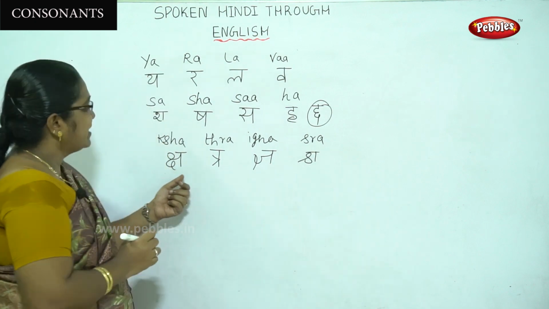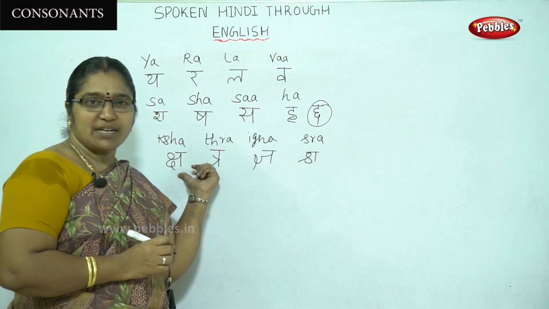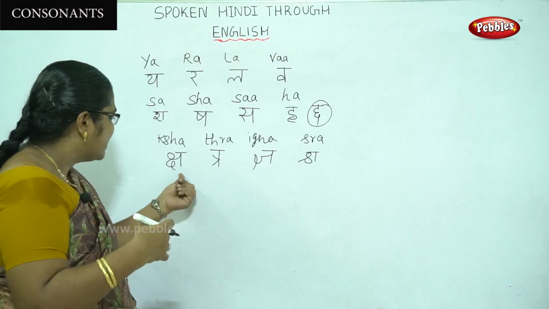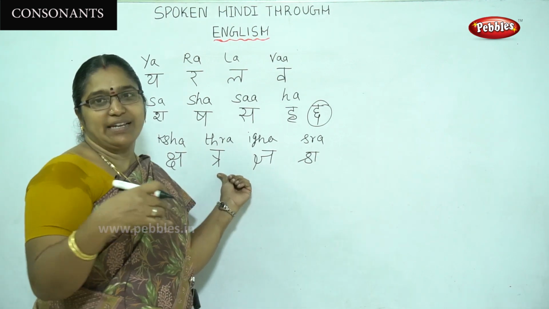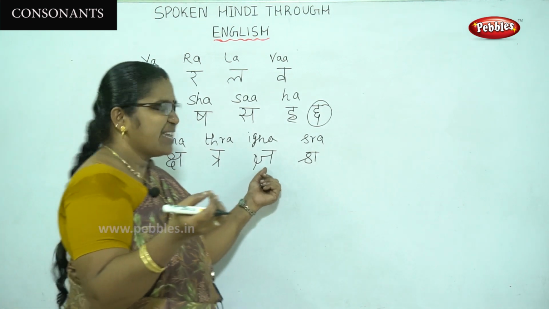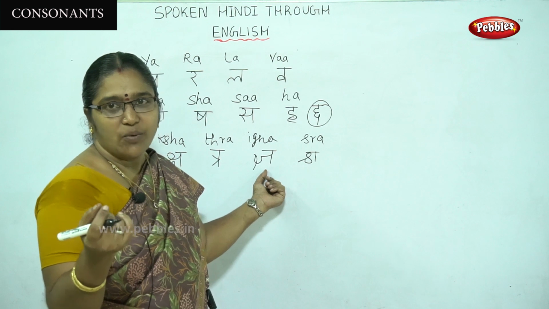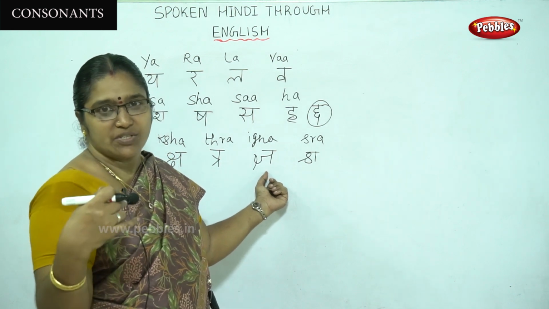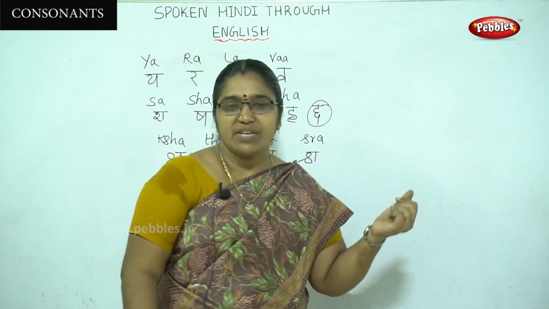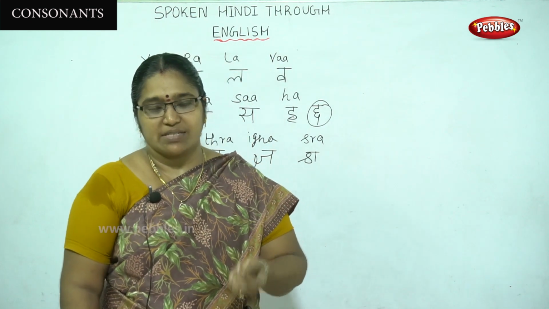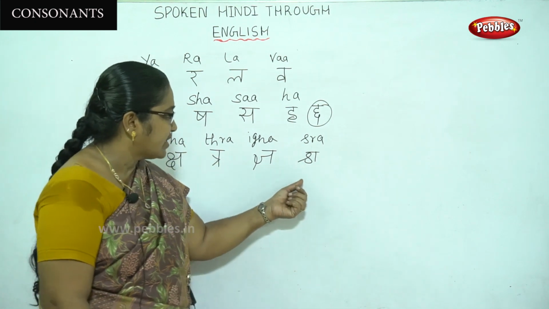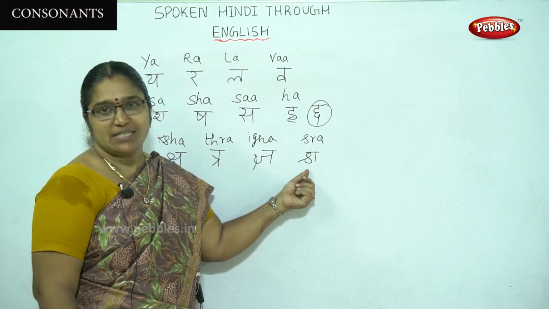See, ksha. Ksha means we are using these letters like Lakshmi. Okay, Lakshmi. For that we have to use this. This one is tra, as in Yandran. This is gya, gyan. Okay, gyan means knowledge. This letter is sra, which we use for Srinivasan, Srimadi. Okay, Sri. For that we have to use this letter, sra.